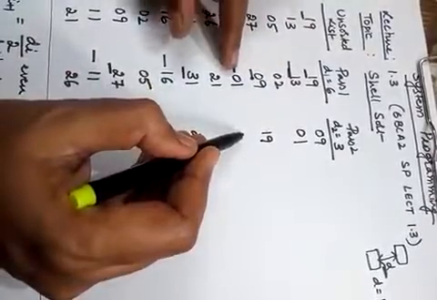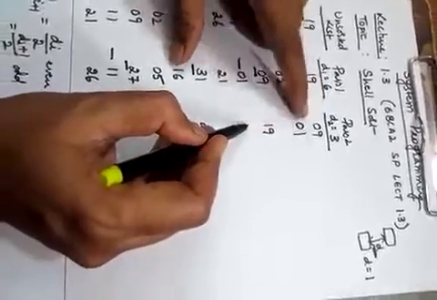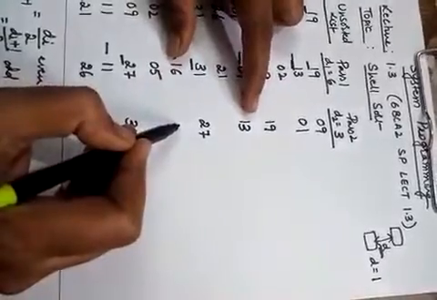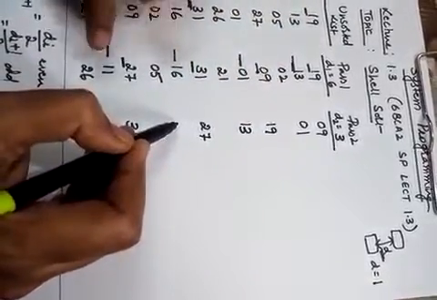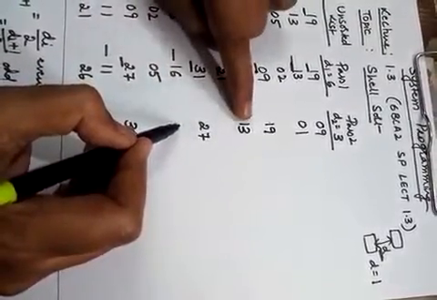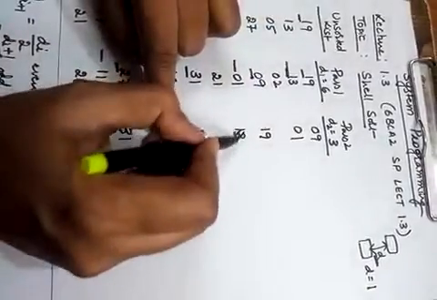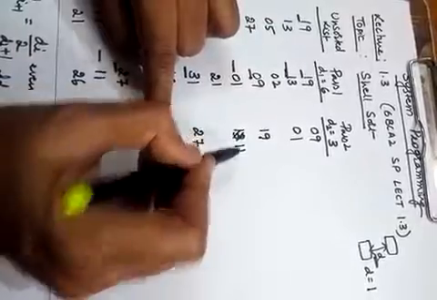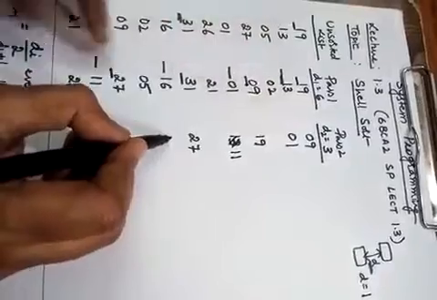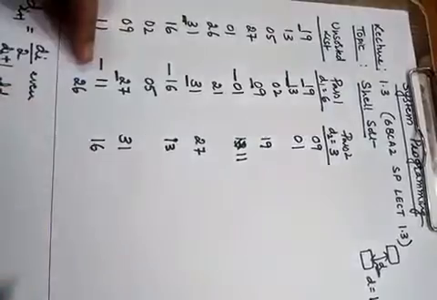So 13 is compared with 16. 13 is smaller, and 13 is greater than 1, so you will write 13 and here 16 comes. So 16 is compared with 11. 11 is smaller, so 11 should come here. But this 11 is also compared with the backward element. 13 is greater, so one more exchange takes place: 11 will come here, and here you will have 13, and then you will have 16.